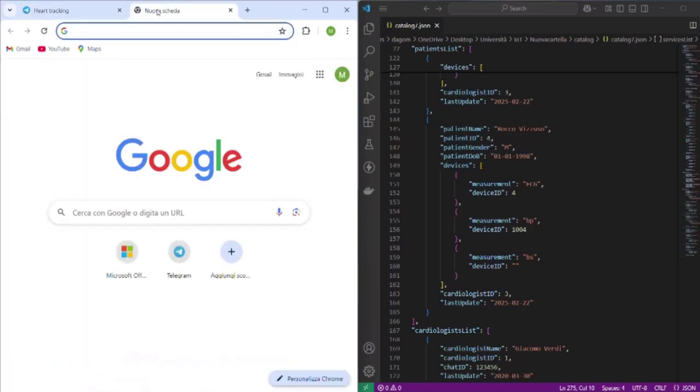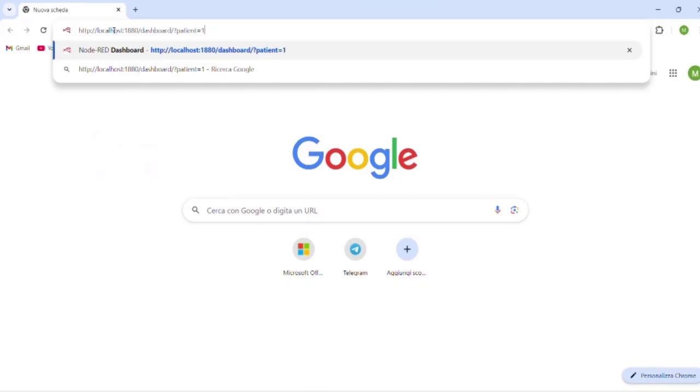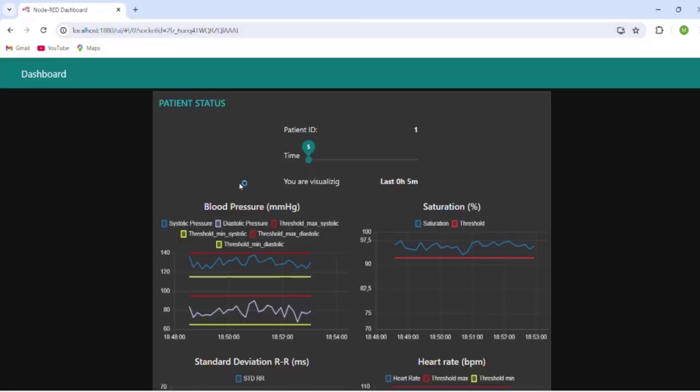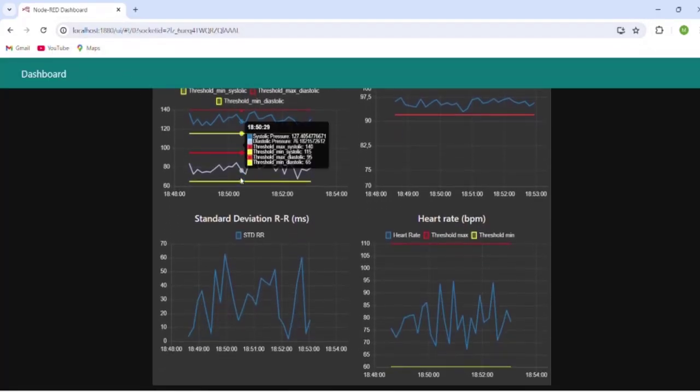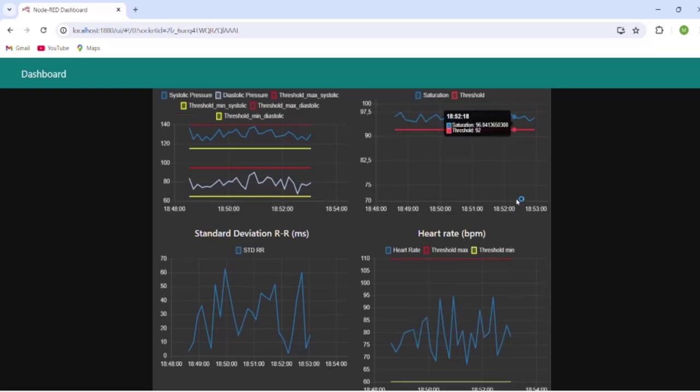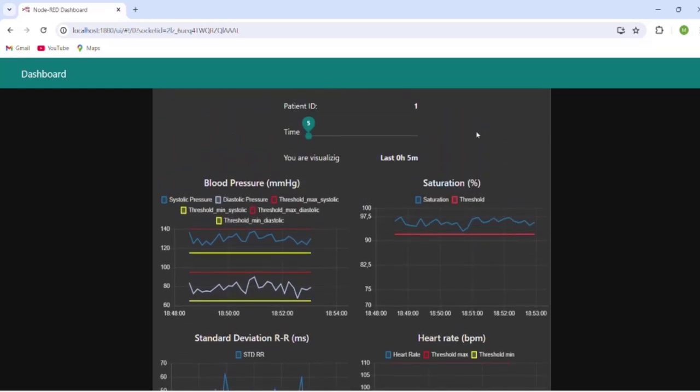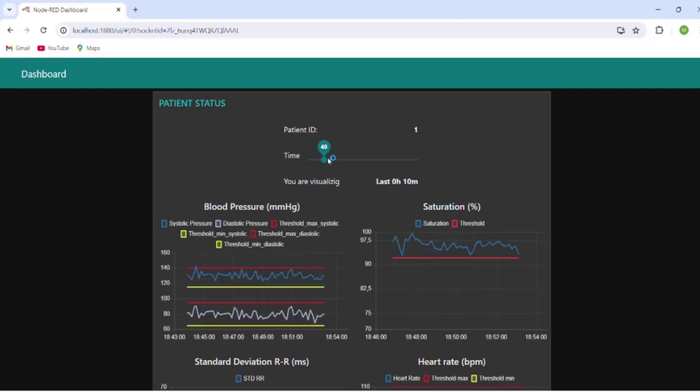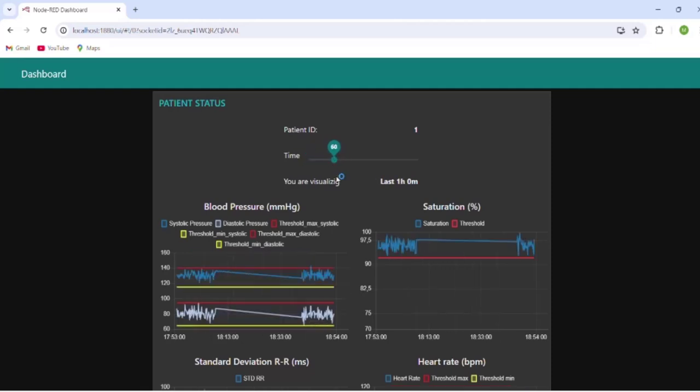This service exploits the HTTP REST protocol to communicate with the database to retrieve data and show it to the cardiologist. From this dashboard, the cardiologist can visualize the RR distance, the heart rate, the systolic and diastolic pressure, and the blood saturation of the patient in the previous 4 hours. The cardiologist can easily adjust the time period of the shown measurement.